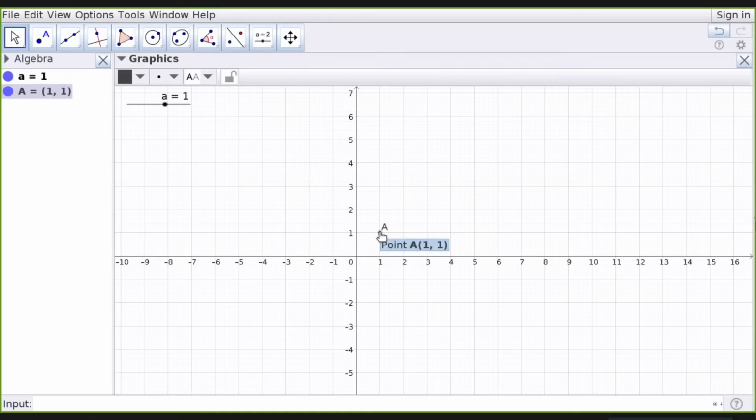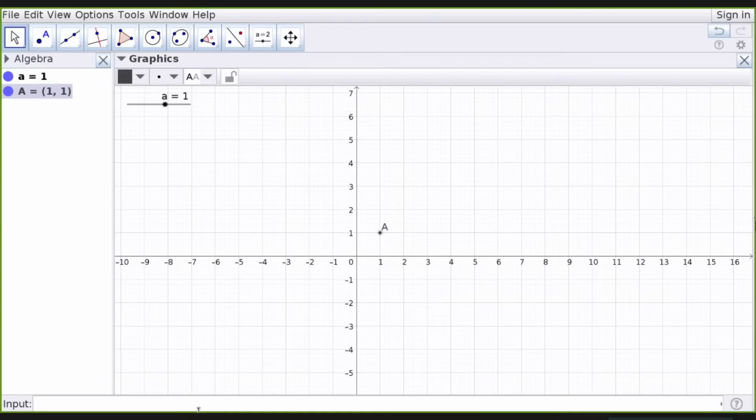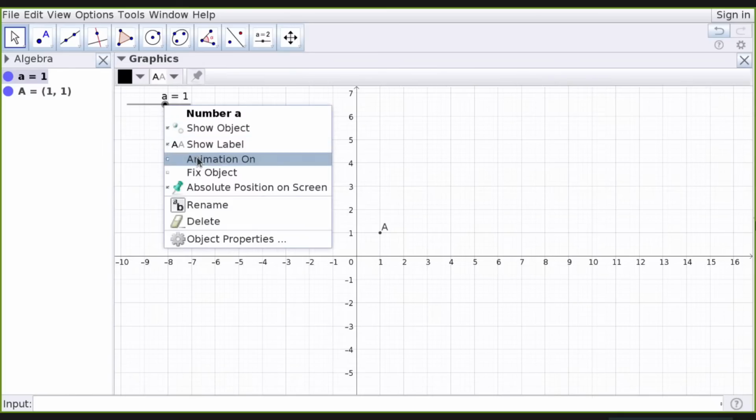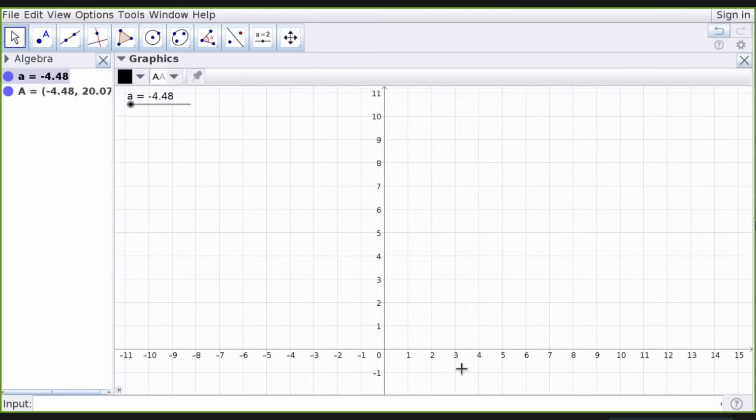Now you can ask trace on for that one. Now it is 1, 1, but as you give animation to the slider, A will move in such a way that the X coordinate will be A and the Y coordinate will be A square. So you will always get a parabola.